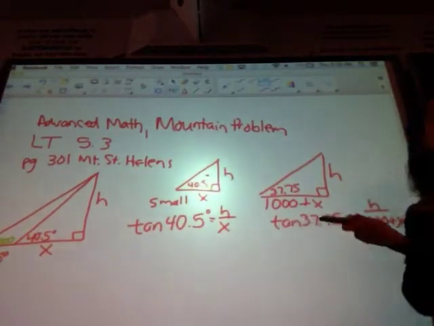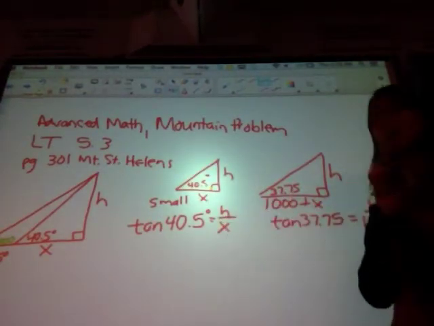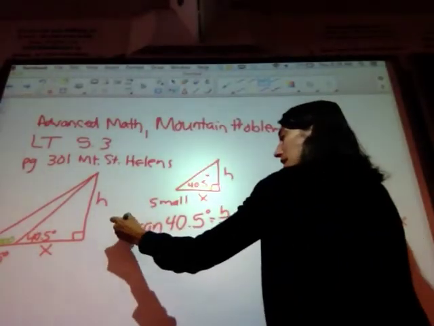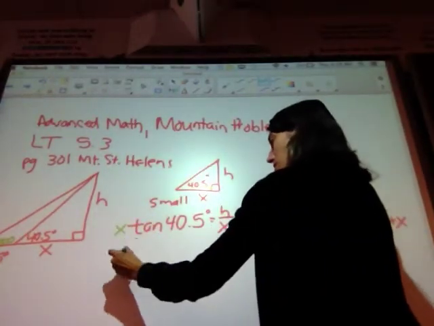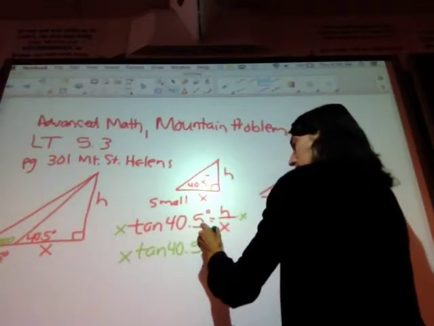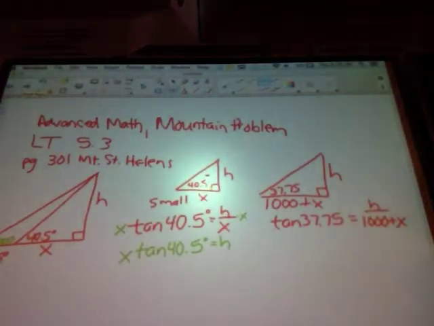I'm actually going to manipulate both equations. Can I get this X off the bottom? Multiply. Okay, so if I multiply both sides, plug that in for H. So you can put that on top of